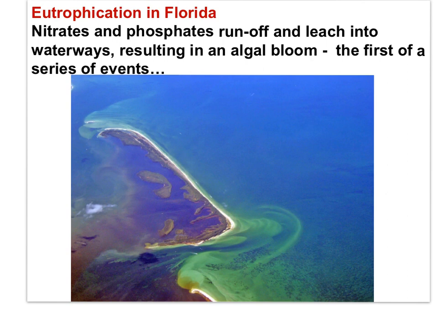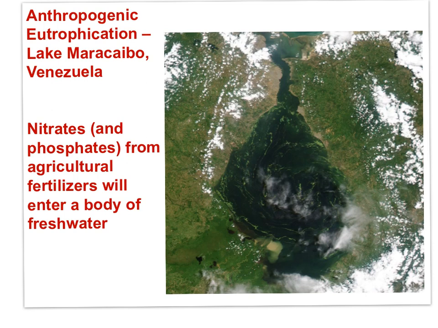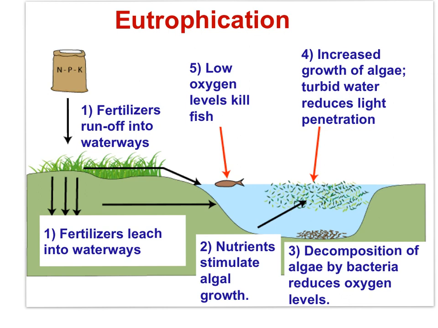In this photograph, you can see the algal bloom just off the coast of Florida. Here is another photograph of eutrophication, Lake Maracaibo in Venezuela. Nitrates and phosphates from the over-application of fertilizers on agricultural fields initiate eutrophication, which causes an algal bloom, as can be seen here at the edges of the lake. But that's not where eutrophication ends. Stay tuned. So here is how eutrophication proceeds, and the end result is the death of aerobic organisms like fish. In the end, there is less diversity and less complex food webs.